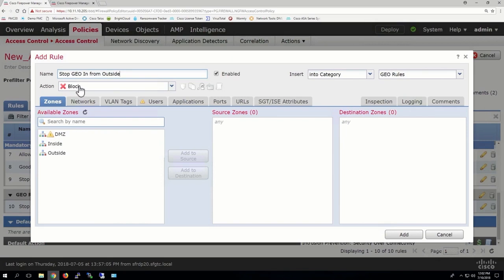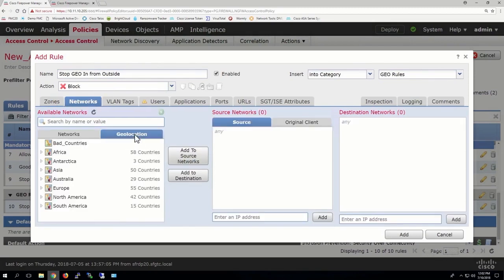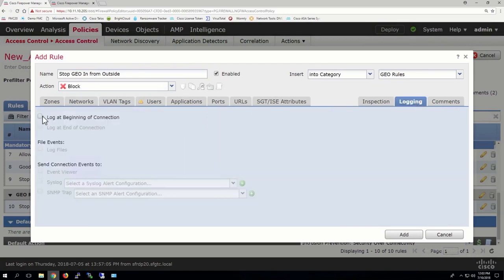And I'm going to do a block, and I'm going to say if it's coming from the outside zone, if the session's trying to be initiated from the outside, and I want to go to networks here, geolocation, and if the source from the outside is that, I'm definitely going to block it and log it. Now,